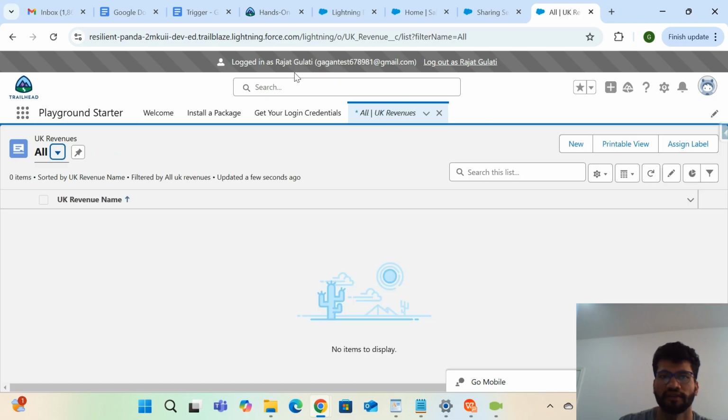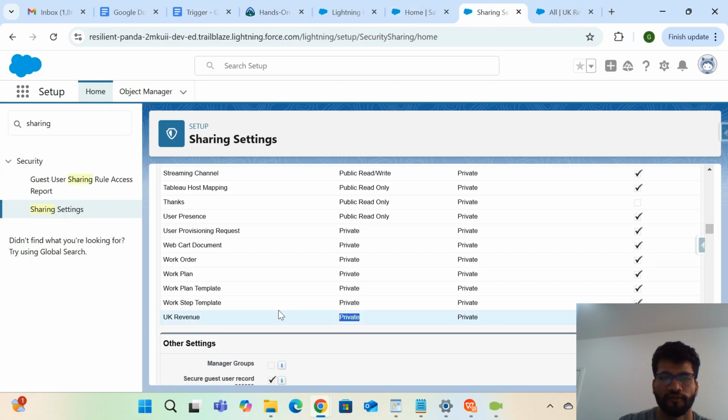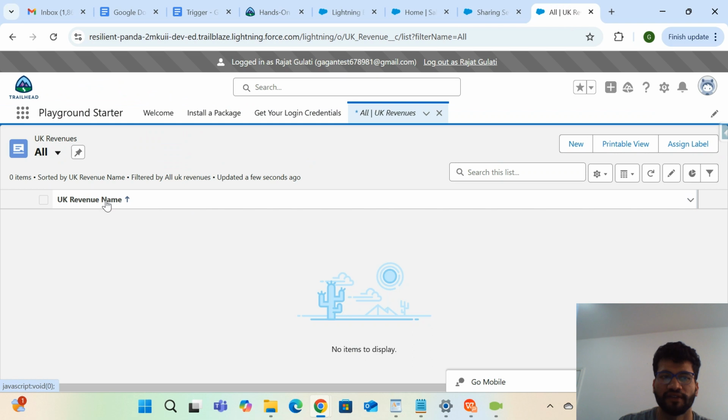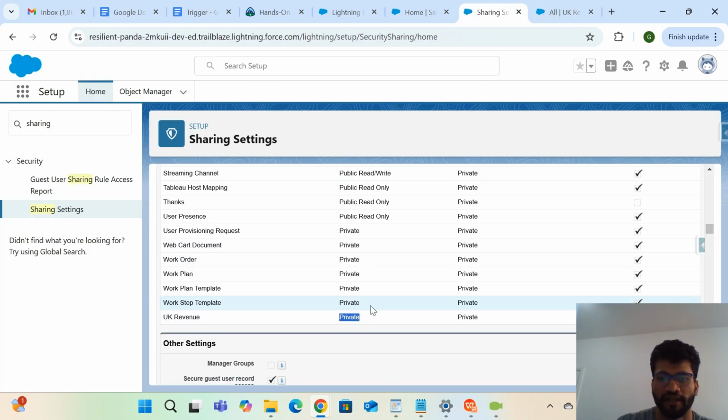Why can I not see the record? Because I logged in as Rajat Gulati, and since the OWD of this object is private, I can only see the records which were created by Rajat Gulati, which were created by me. I'm Rajat Gulati now. So if I have created any record, then only I can edit or see those records, not any other owner's records. So if I make it public,